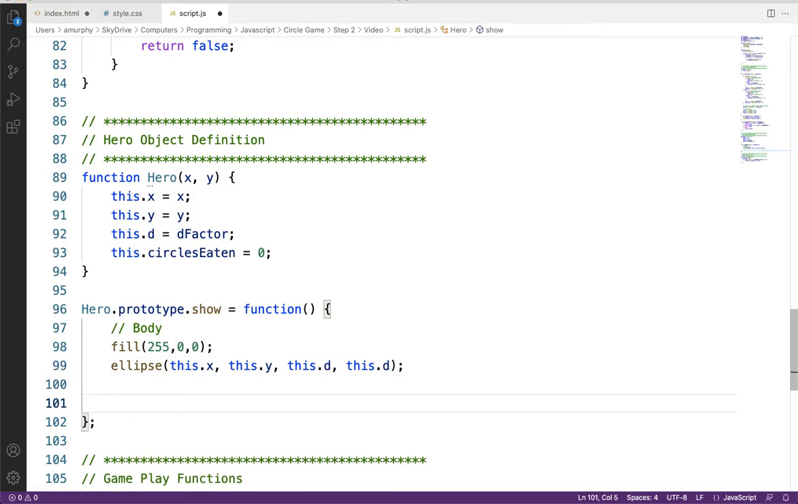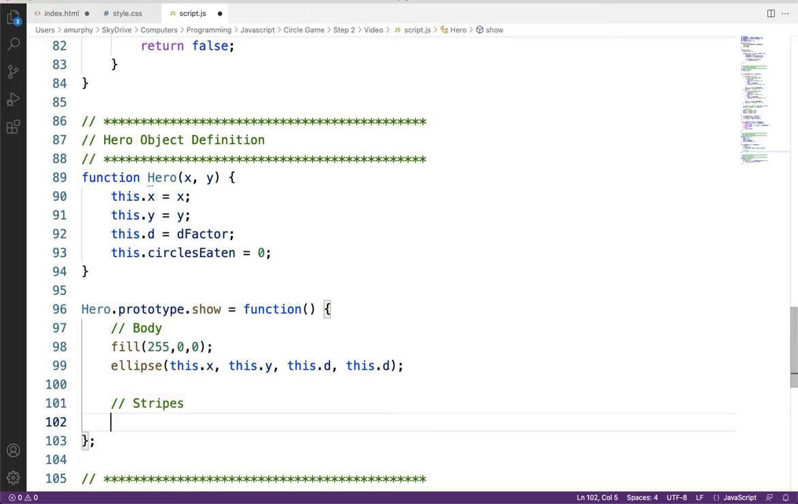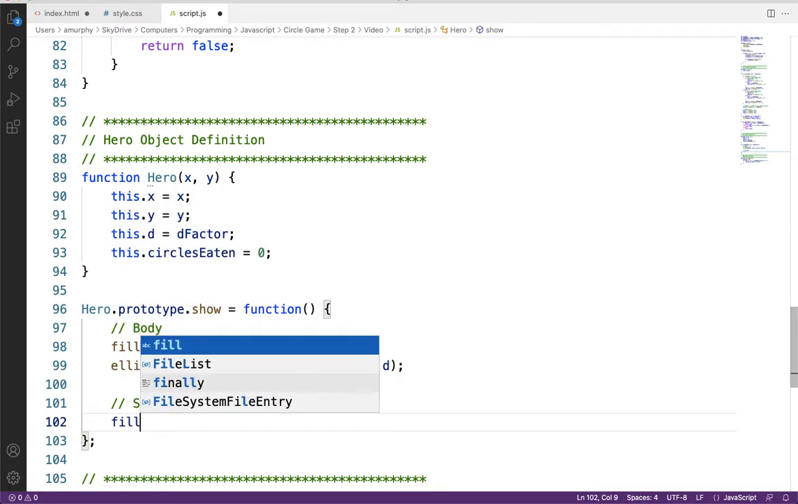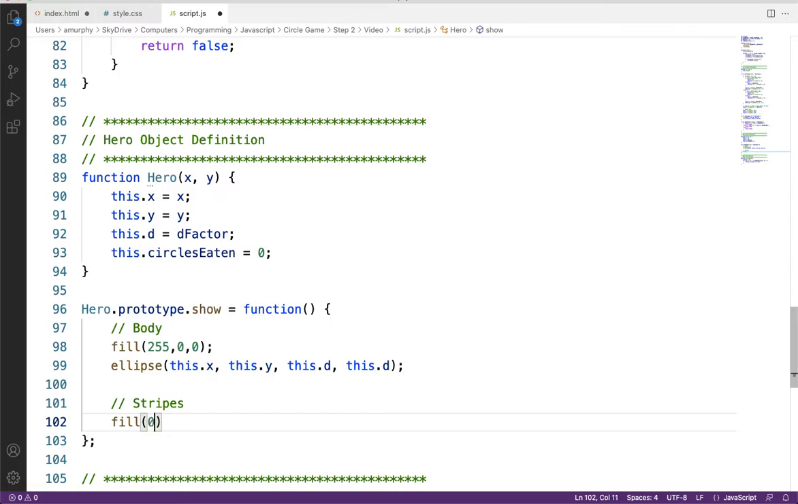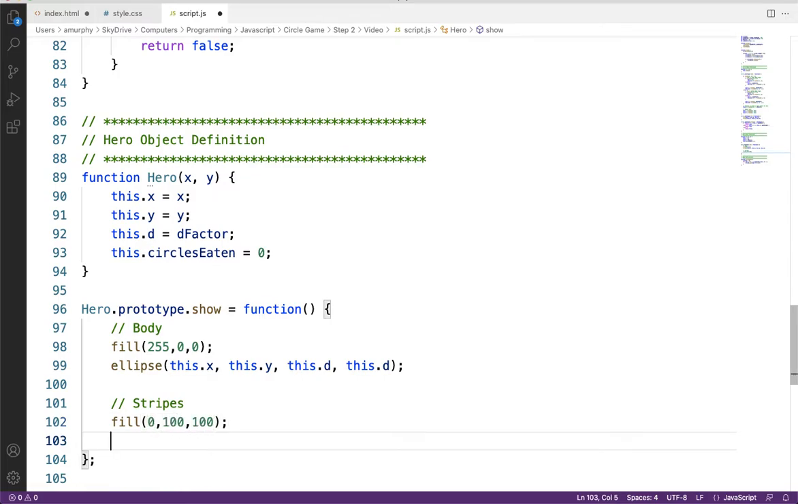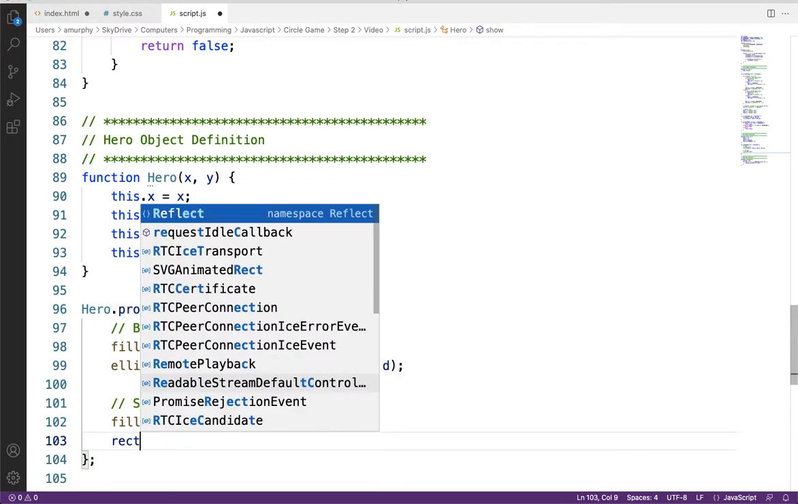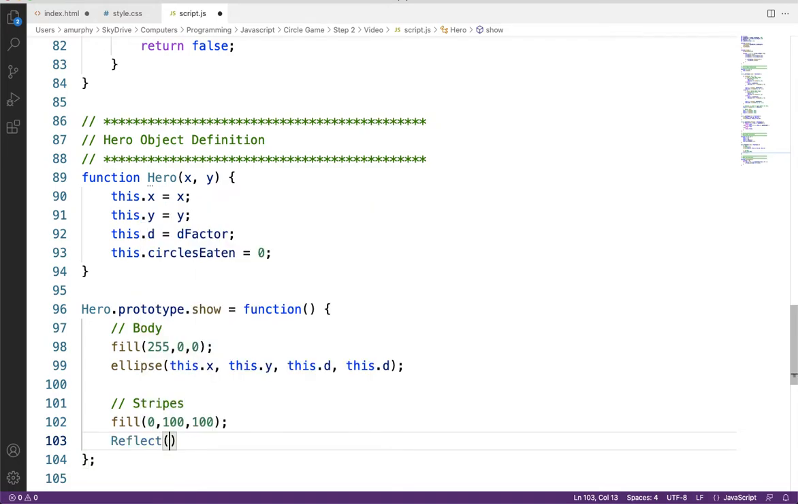But you notice I also had those stripes on there, just to differentiate from the other circles in the game. So I just decided to draw the stripes in. So here's how I did the stripes. My stripes were some sort of blue-green color, and that color I chose was 0, 100, 100, and you can play with that if you want. But those are the colors that I used. And then I just did two rectangles in the middle of the circle. So to get the first rectangle, I